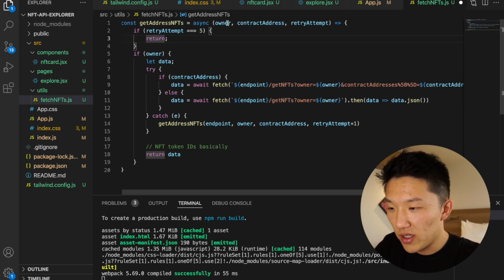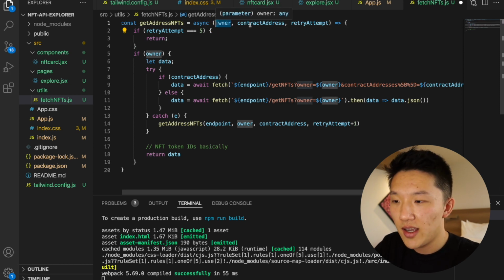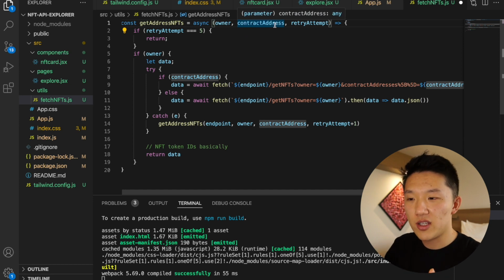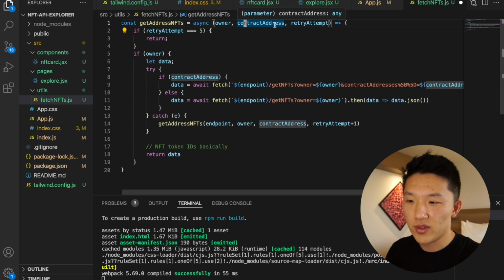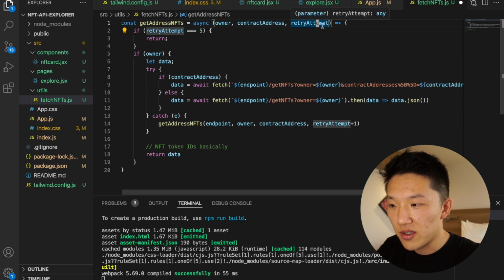So let me walk through what the code is doing here. It's going to take in an owner address, an owner wallet address. It's going to take in a contract address that optionally, it could be an empty string or it could be a contract address. But if this is passed in, then that means we're going to filter the results of the owner's NFTs to just the NFTs that belong to a contract address. And I'll show you this visually later too. And then you can pass in optionally